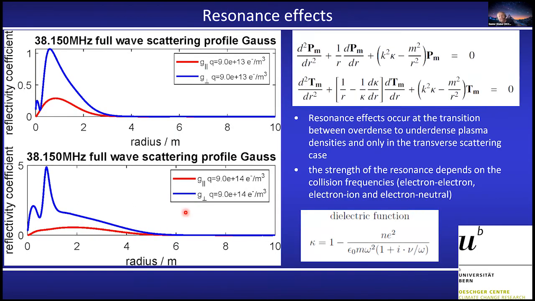When we now look at a profile, we will see that there is this transition between overdense and underdense regime. And this is basically in one of these equations, where we have a singularity by this term here, where we divide basically by kappa. And when this complex function gets close to 0, which happens at the transition between the underdense and overdense regime, then we have a singularity, and this singularity leads to a resonance effect in the perpendicular or transverse scatter case